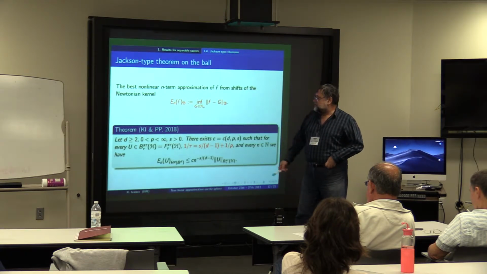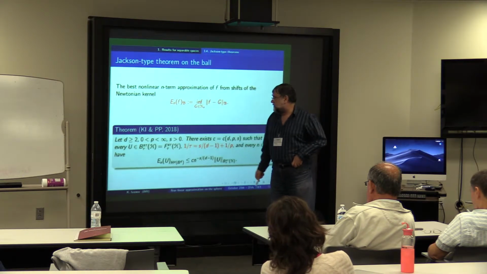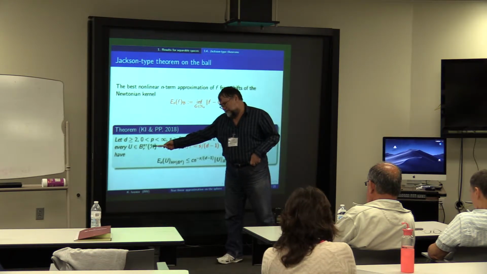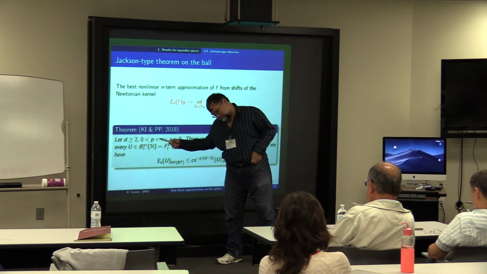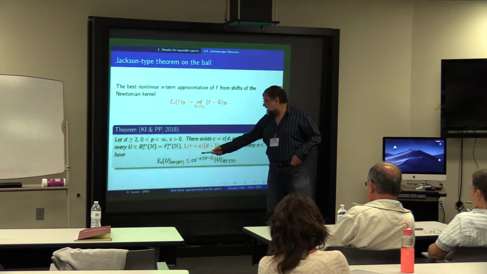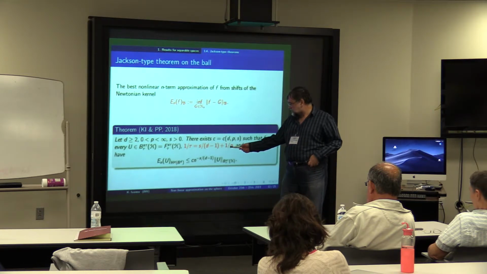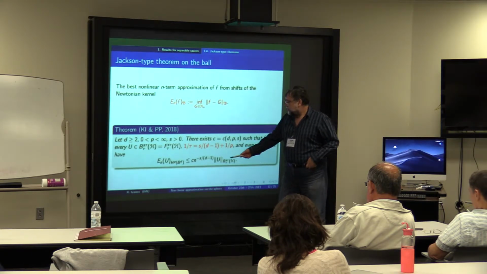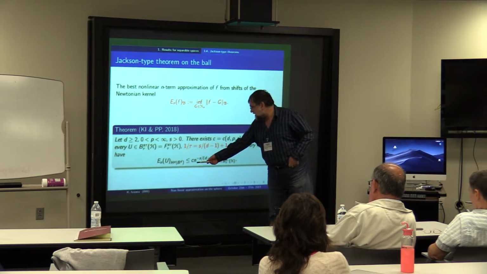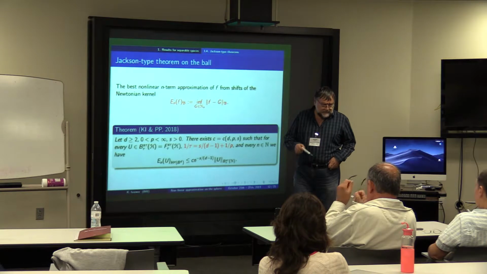Take any dimension d bigger or equal to 2, p between 0 and infinity, and the smoothness s to be positive. For every function f which is in the Besov space with parameters s, tau, tau, which is the same as the Triebel-Lizorkin space, and with the standard connection that 1 over tau is s divided by d minus 1 plus 1 over p, we have the following Jackson type theorem. The best approximation is bounded by n to the power minus s over the dimension, times the norm of the function in the Besov space.